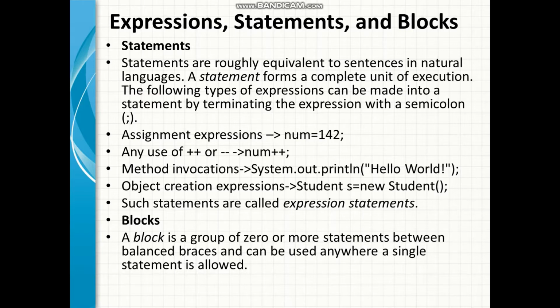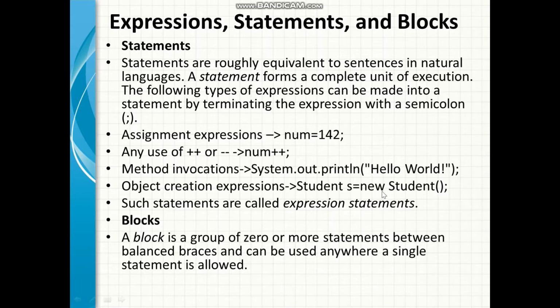For the time being, please understand that s is the object name, a variable name, having a reference type of the Student class, and memory is created for it by the new keyword.